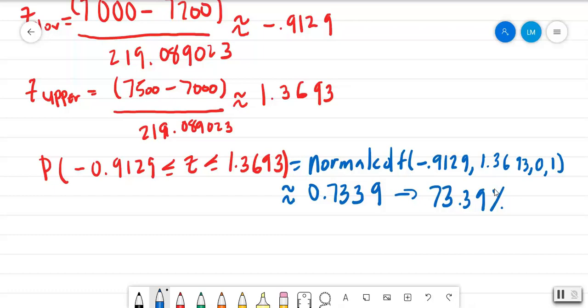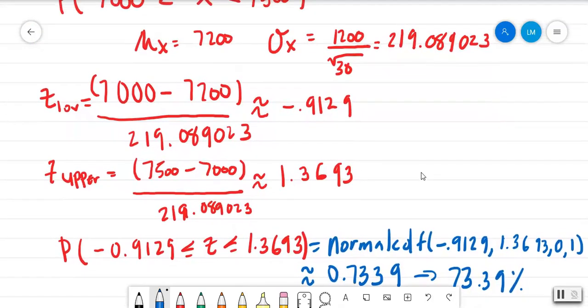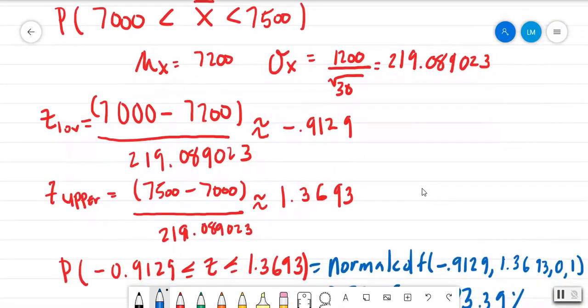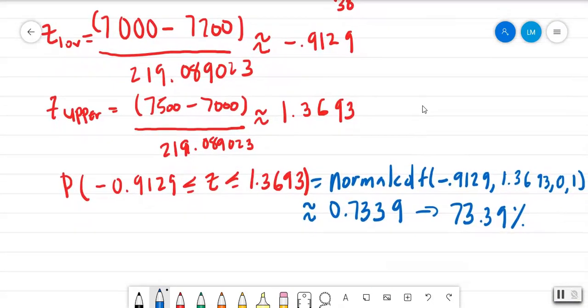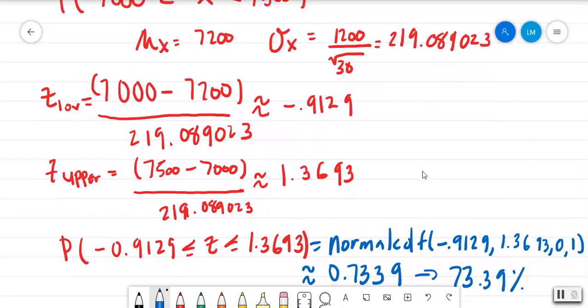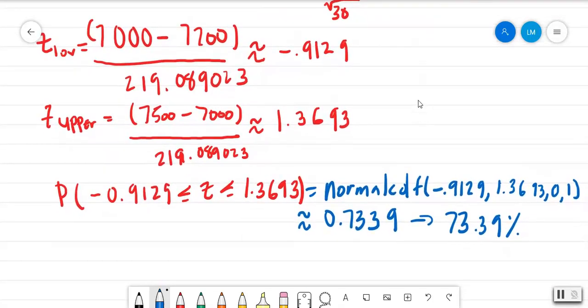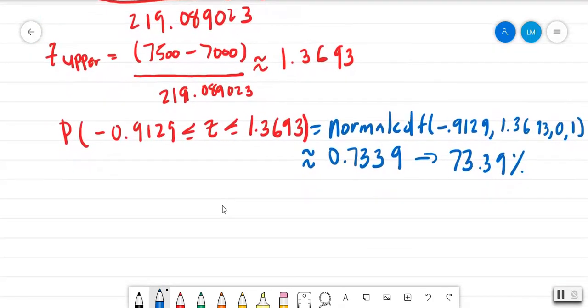Now, as you can see, if we go back and look at all the work that was done just to find the probability, there is an easier way to do this. The easier way would have been to just say the probability that 7,000 is less than x bar and less than 7,500